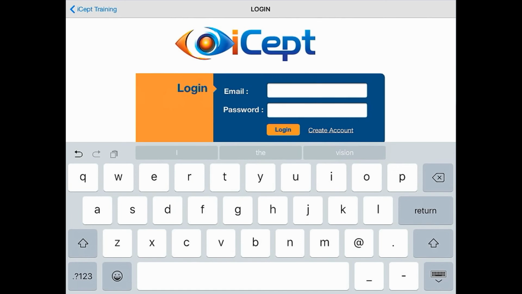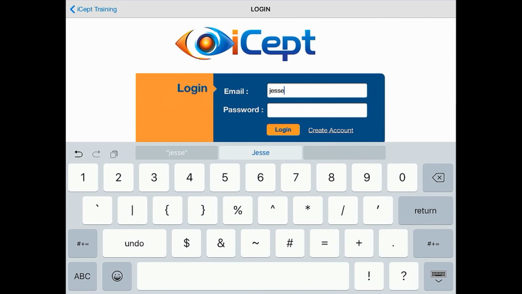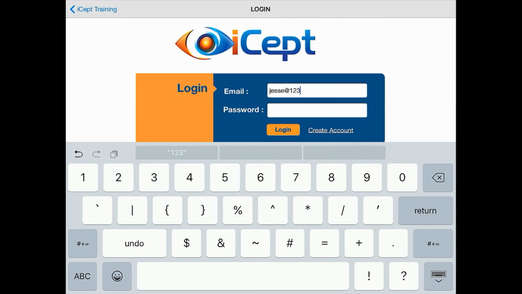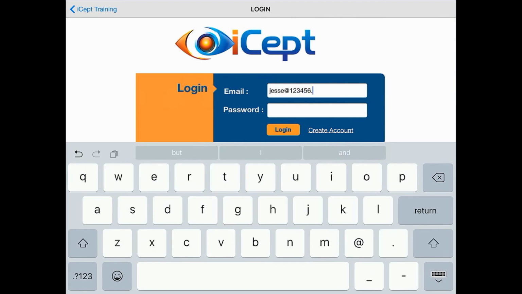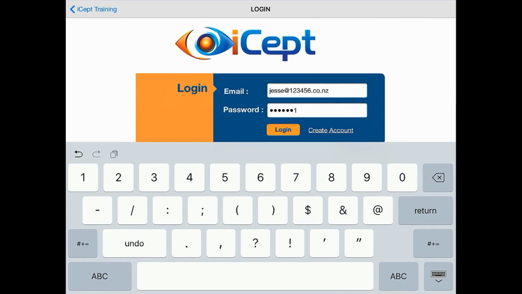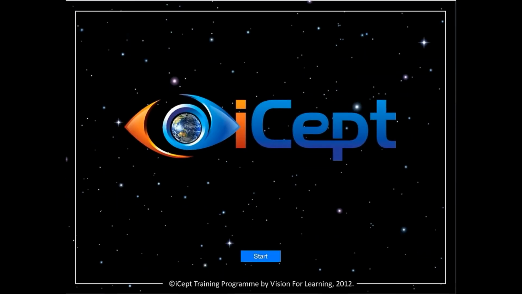Let's put in GC's email, and now select Login. Great, you'll see the training screen come up. Click the Start button,